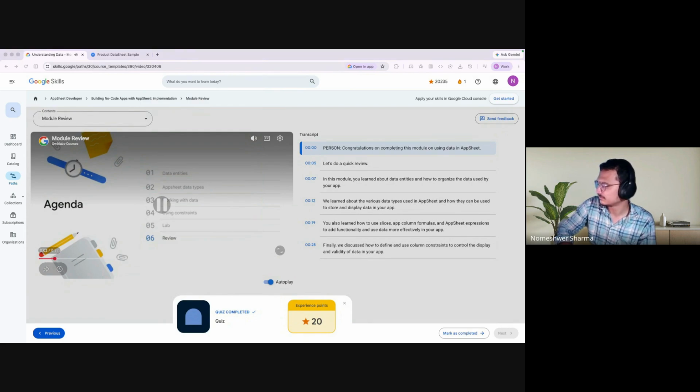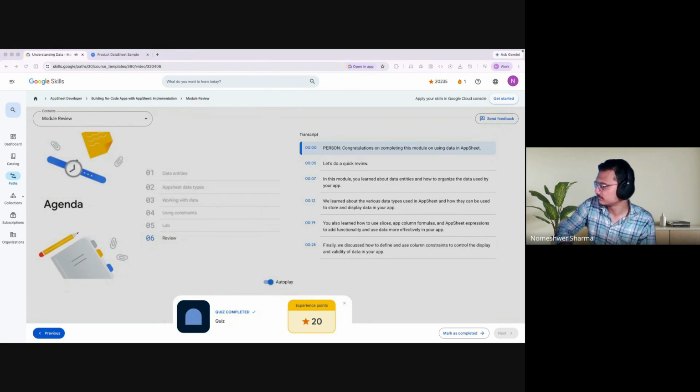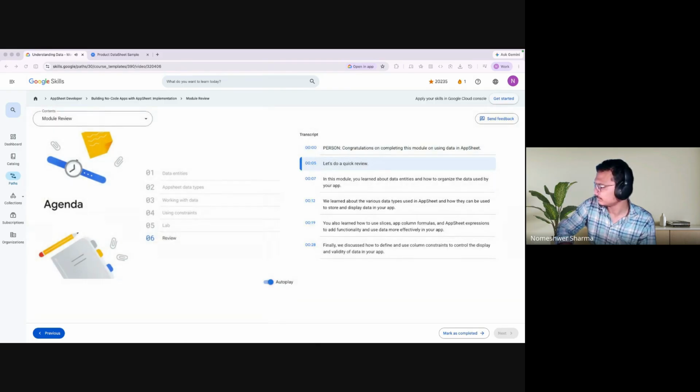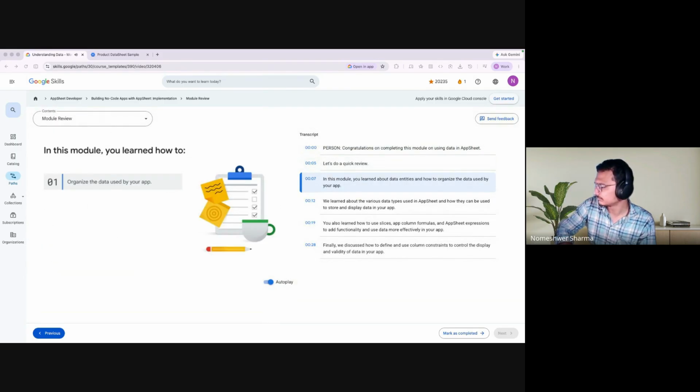Congratulations on completing this module on using data in AppSheet. Let's do a quick review. In this module, you learned about data entities and how to organize the data in your app. You learned about the various data types, systems, and sheets,